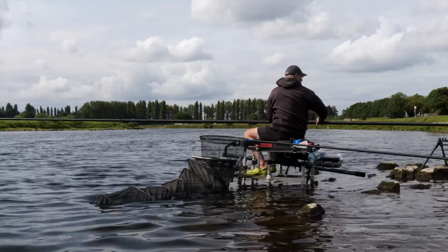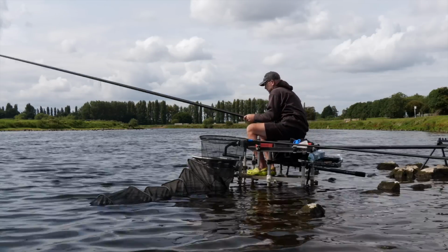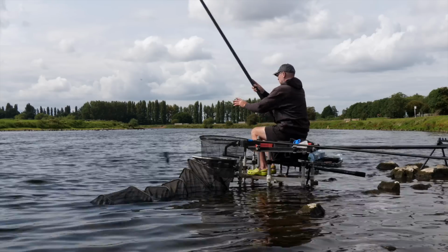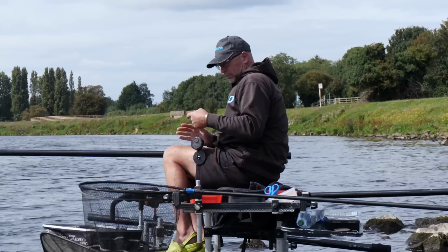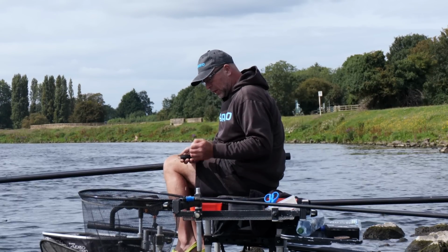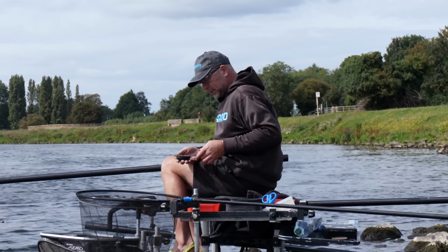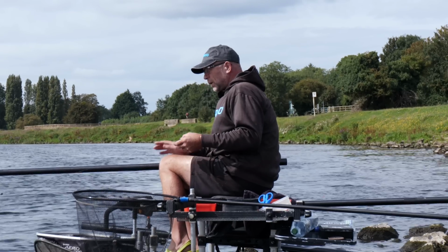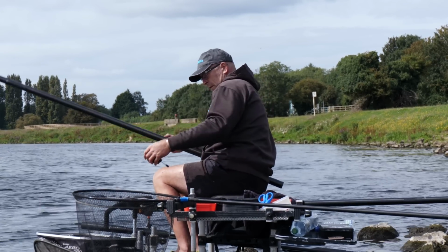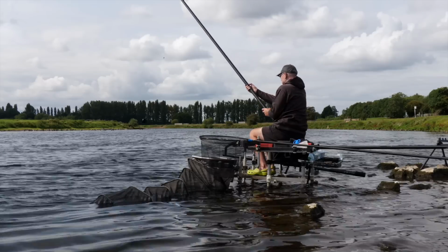So I know exactly where the main feed is. Now that's not necessarily to say that that's where I'm going to catch my fish, and this is why I'm fishing quite a long length of line between the float and the pole tip, because it allows me to exercise a large trail, is the word. The trail of the bait. It allows me to work down the swim if I need to,